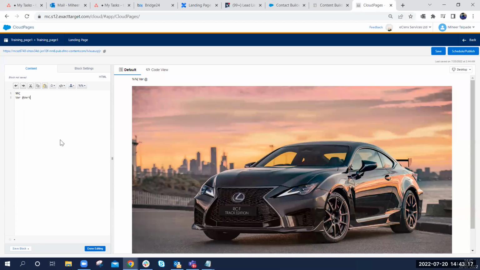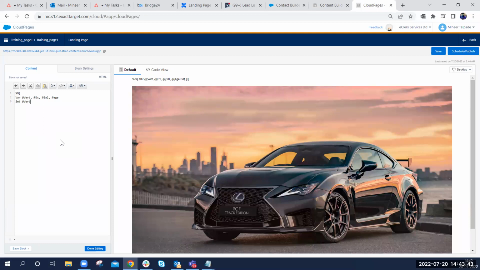So @vertical, @ex-employee, I'm just putting EX for this one, @SAL, @age, four variables. Now again, I declared a variable. Now I need to set them. So set